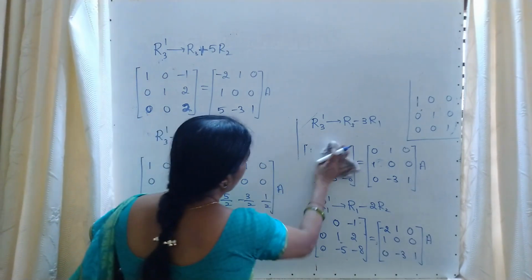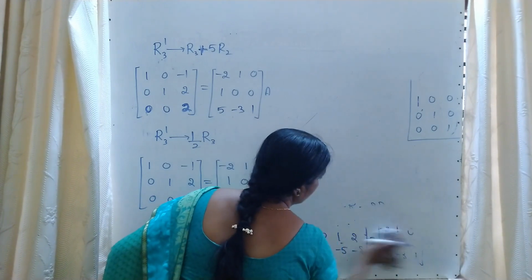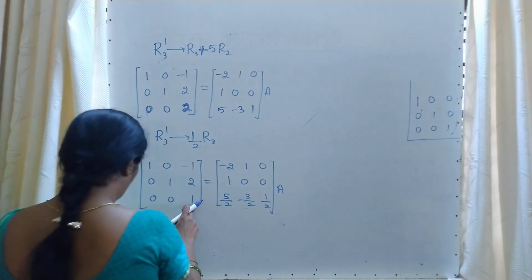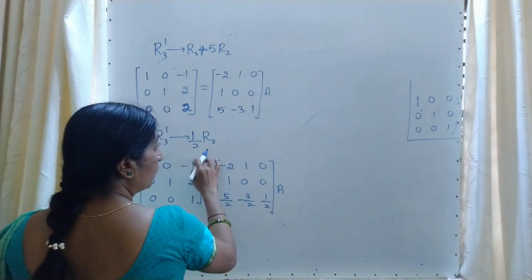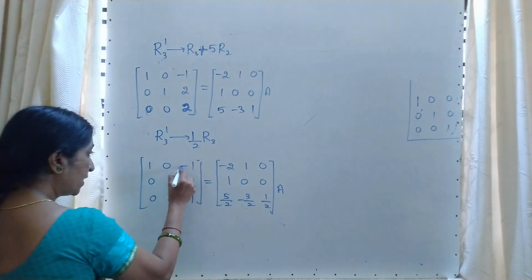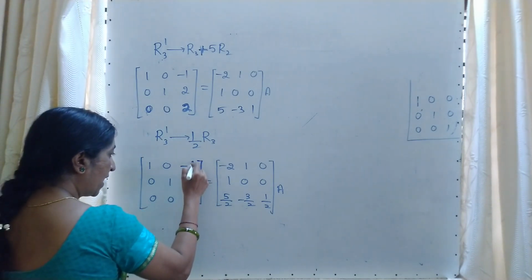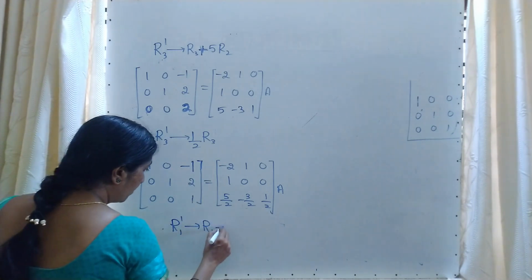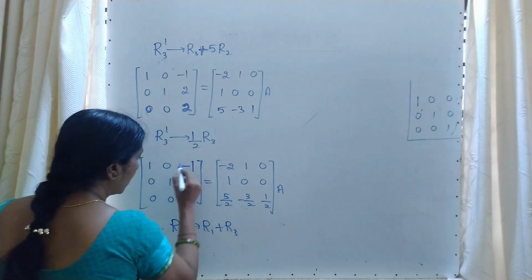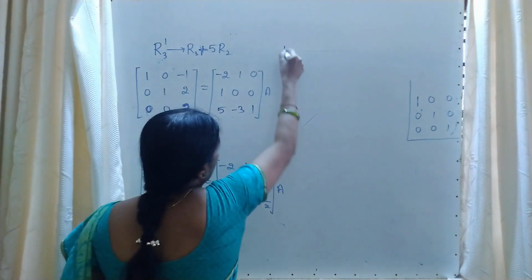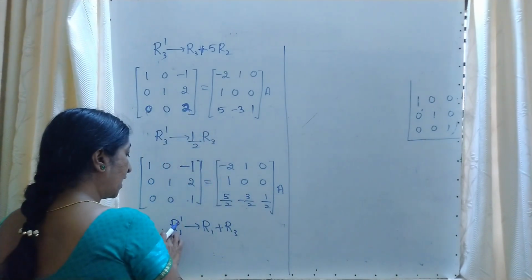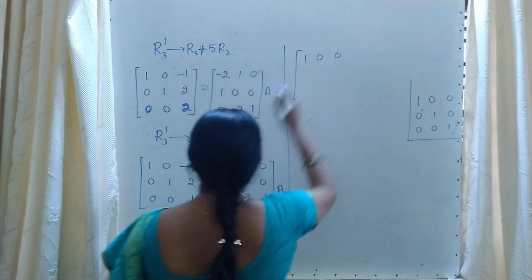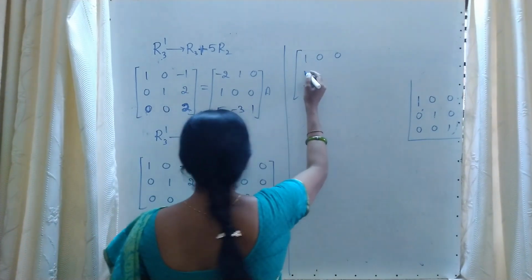Now comparing the elements 1 by 1. First column we got, second column we got, in the third column here we got 1, and the remaining we have to convert these two as a 0. So here it is a minus 1, this is a plus 1. If you add these two elements, is it 0 or what? R1 dash is R1 plus R3. Why we are adding? Because this is minus, this is plus. When you add, you will get the required element. So first change R1, add these two. It is 1, 0, 0, because minus 1 plus 1. The remaining two rows as it is.